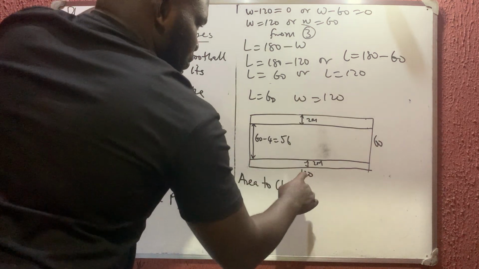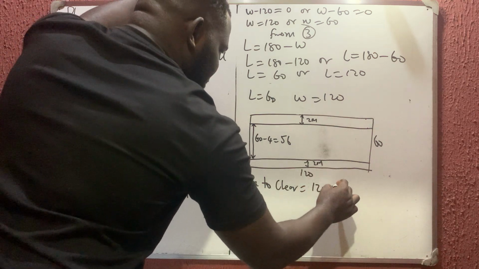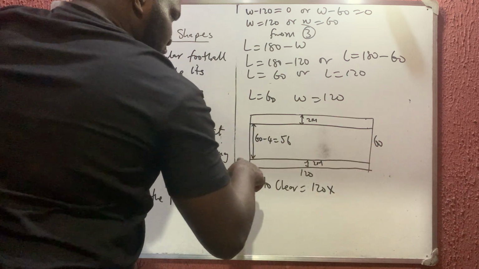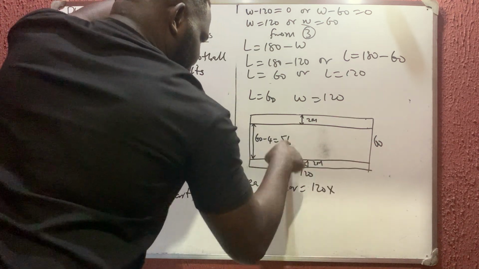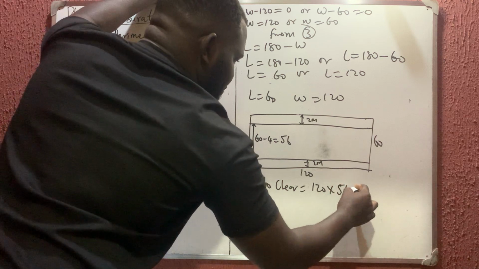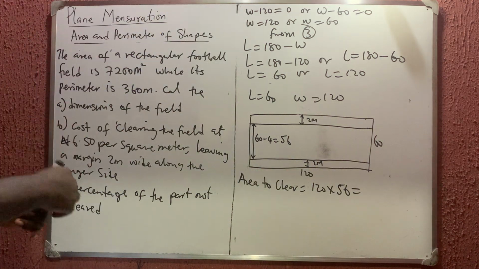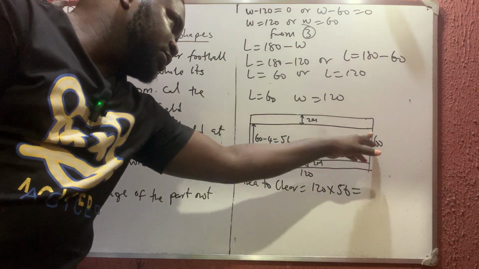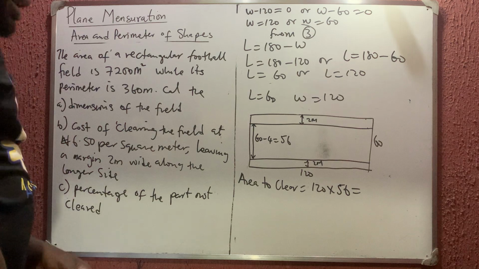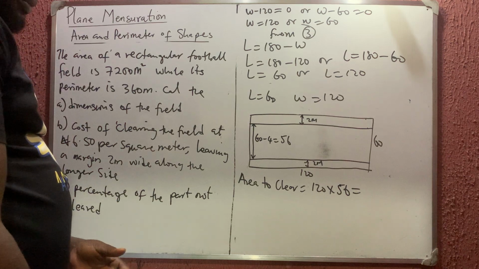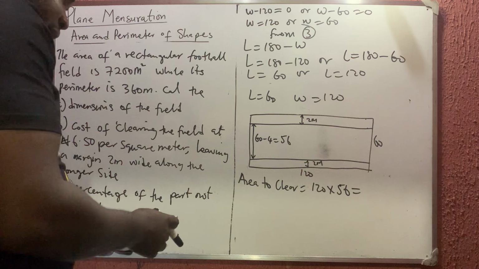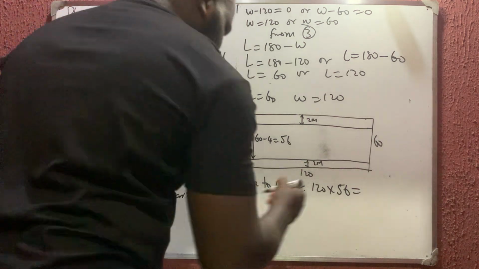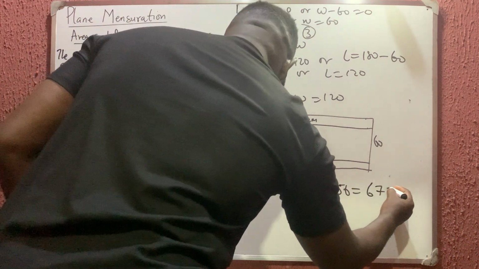So the area we are clearing is just 120 times 56. Yes, 120 times 56. When you draw it, you are seeing what you are doing. So we're clearing just this area, and the area should be from here to here times from here to here. So what do we have now? The area we're clearing is 120 times 56, which is 6720